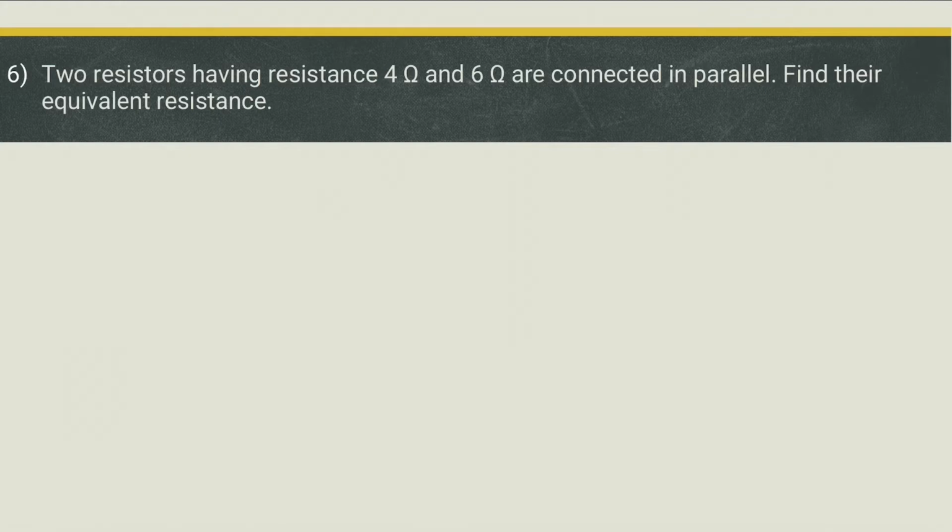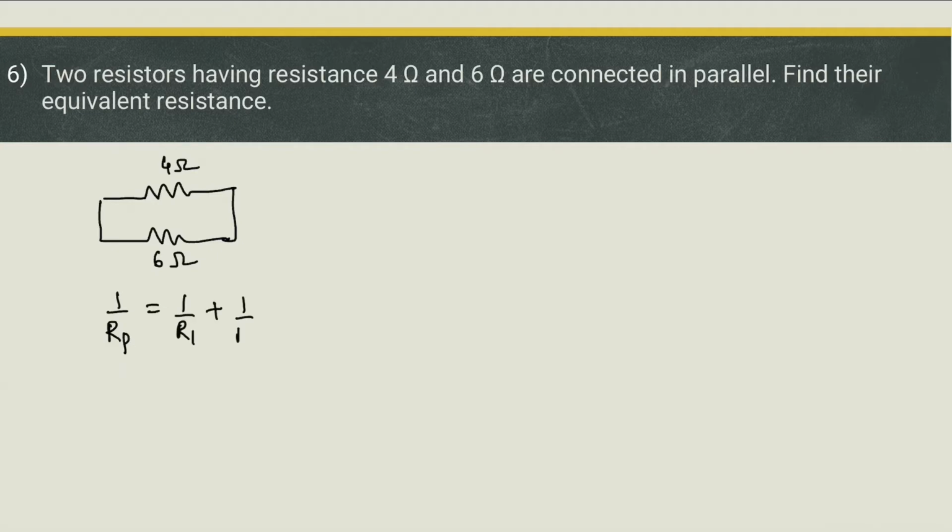Numerical number 6. Two resistors having resistance 4 ohm and 6 ohm are connected in parallel. So this is how we can draw the circuit diagram for 4 ohm and 6 ohm. They are connected in parallel. So to find the equivalent resistance, we can use the formula 1 upon Rp is equal to 1 upon R1 plus 1 upon R2, 1 upon 4 plus 1 upon 6,